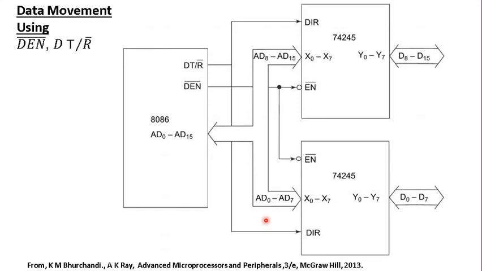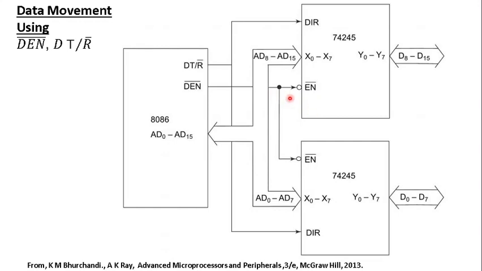Now we will see how data movement is possible using these signals, or how these data movement signals are used by 8086. These data movement signals, that is DEN, data enable, and DT/R, data transmit receive, are generated by 8086 in minimum mode. So the only thing left is to see their function. Data movement happens during T3 and T4, but these signals are produced much before that. Data enable will be triggered.